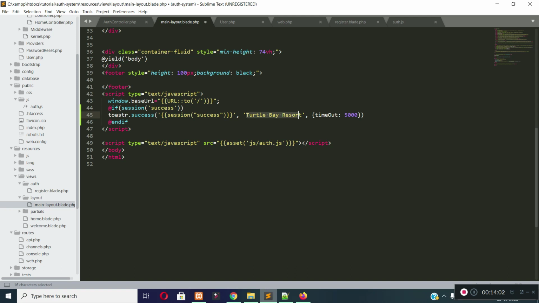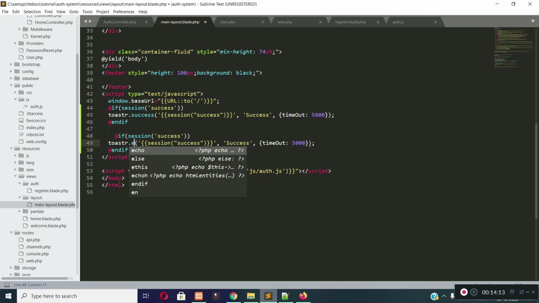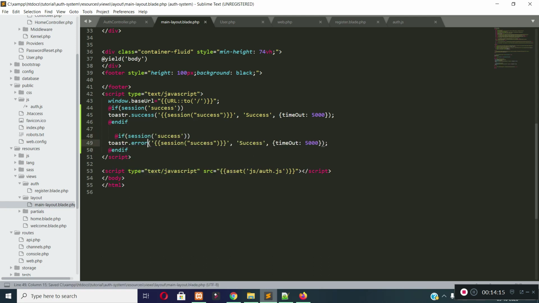And this should be success. And for the error flash message, I will show a Toastr error message and this should be error. If there is any error flash message in session, then I will display the error message in Toastr.